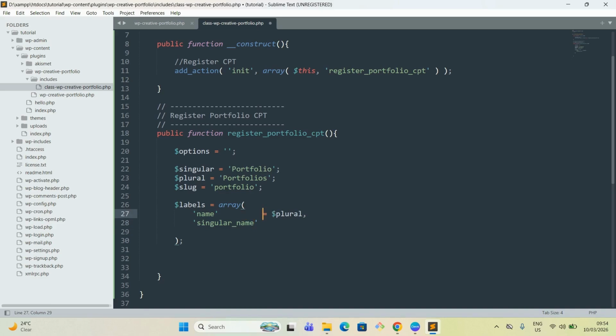Singular name, what should be the name of the single item? Yes, exactly, singular. That's why we created those variables, so we do not have to create those again and again. Okay, so add a new, we can at the moment say like this,